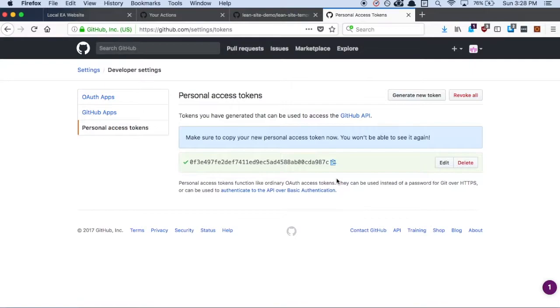So what's really important here is that you are not going to be able to see this token again. So either just keep a tab open with this or copy this into a text file. You'll need this again in a second. Okay, cool. So now that we have a personal access token and we have our own GitHub code, we can